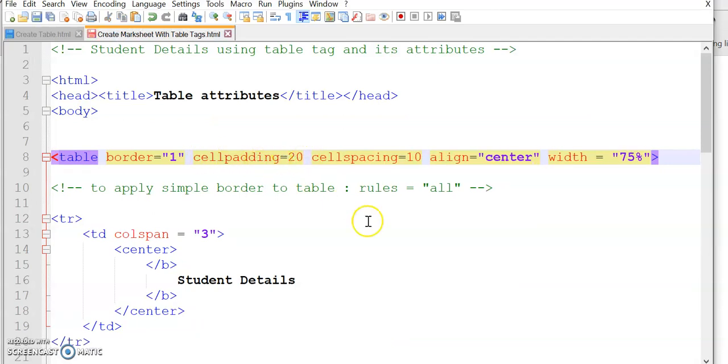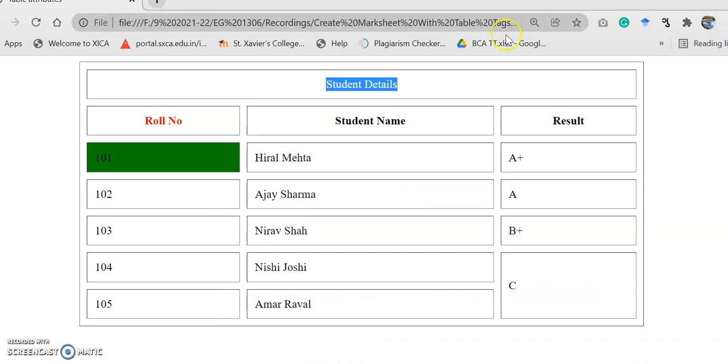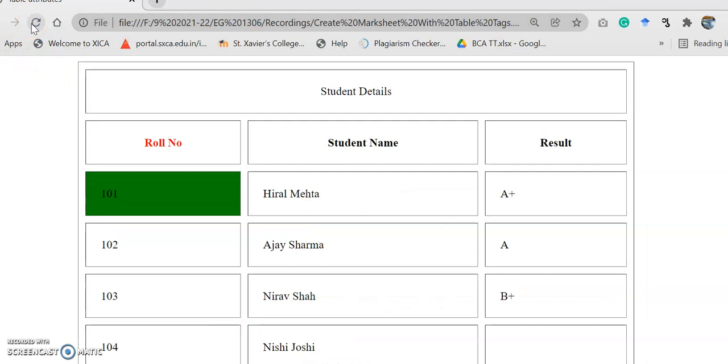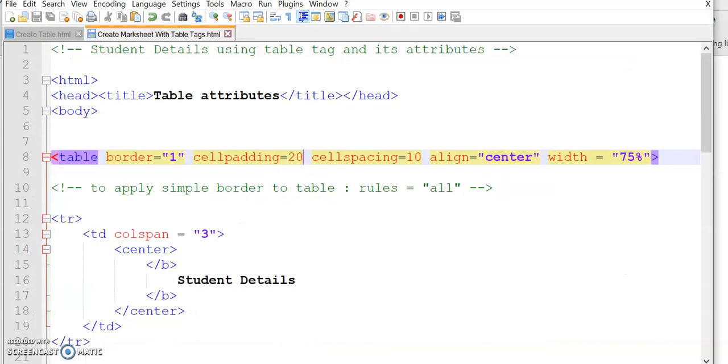So now cell padding is 20. See the effect, what happens? The size of the cell increased, right? Let me change it to 5.